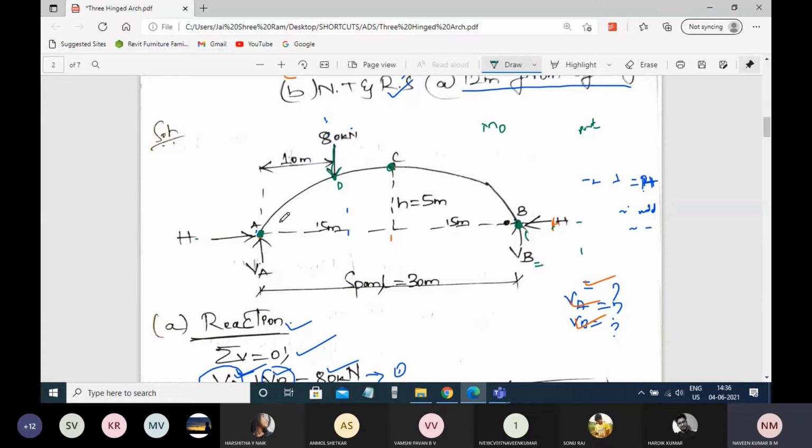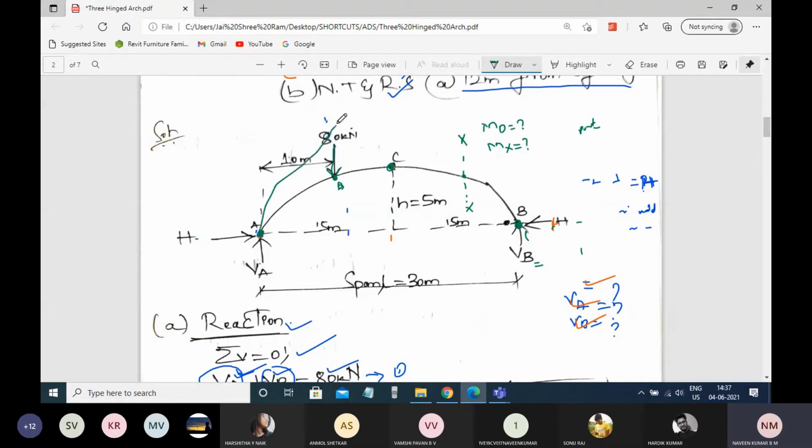Coming to this segment, from the AC segment we are finding the moment at D. In order to draw the maximum bending moment between C and B, we need to consider a section XX. At that particular section, we need to find the moment. Let me consider the moment at X as Mx. So that is MD we need to find, and Mx we need to find.